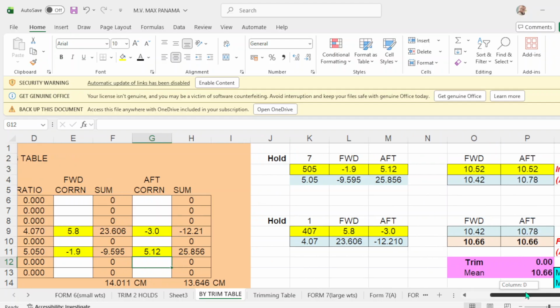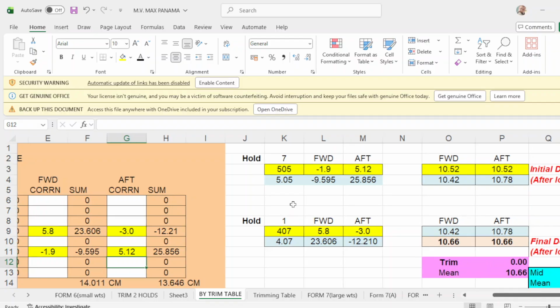Now, what is the story here? Of course, we want to load in hold number 7 first so that we will have a trim. So this is your initial drop of 1052. Once you have completed this figure of 505, this will be your initial drop of forward 1042, up of 1078. Then you are trimmed by the stern.